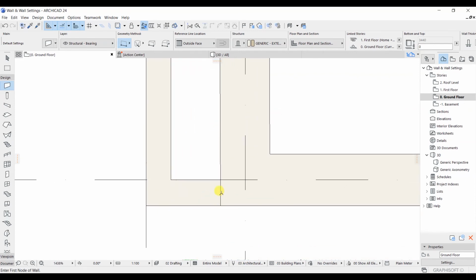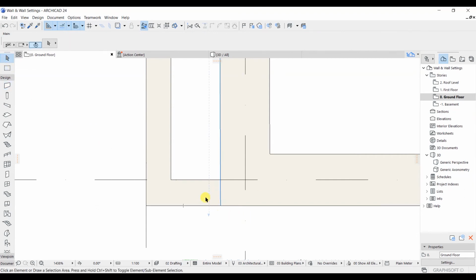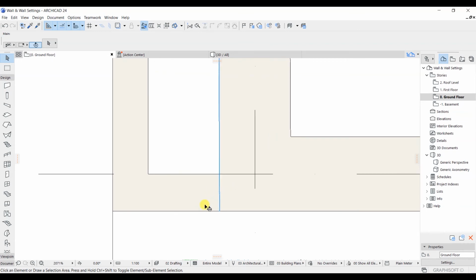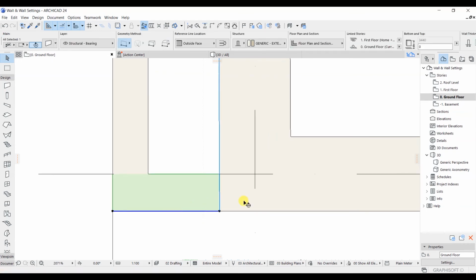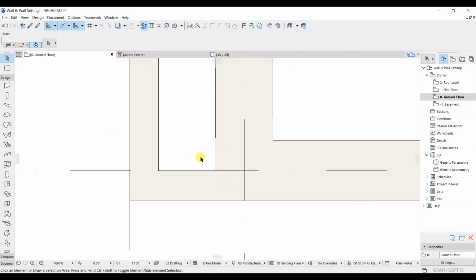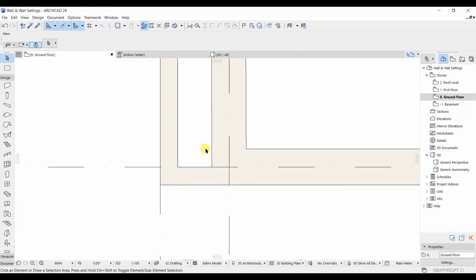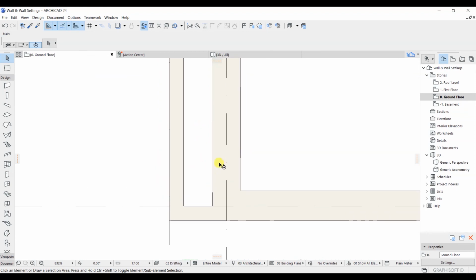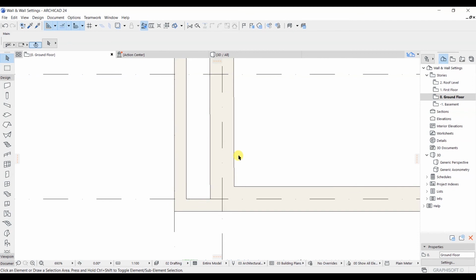If you look here carefully, let's go to the arrow tool, and you can see that these walls are not joined to each other. If you click on this one and on this wall, you will see that these lines are not connected. So you just simply need to click and drag it like this up to this region to make this one unit. And again if you notice, this wall has been connected. So if you are getting this kind of problem, you can just simply connect that wall as well.